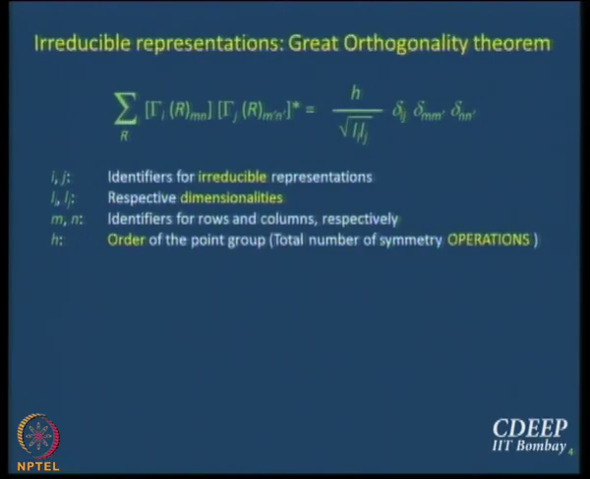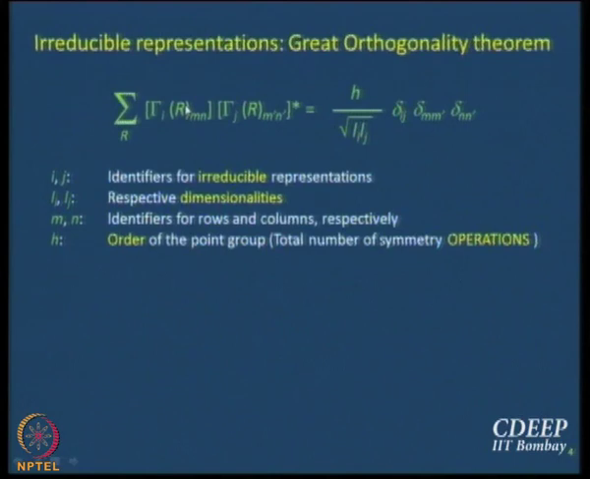Instead of D we are writing gamma. If you want, you can continue writing D, I have no issue. In fact, in Bishop's book they have not used gamma, they have continued writing D even at this stage. If you are more comfortable with D, I have no issue, as long as you understand what we are talking about. So, gamma i R mn, that means the mnth element, mth row and nth column, that element of the,